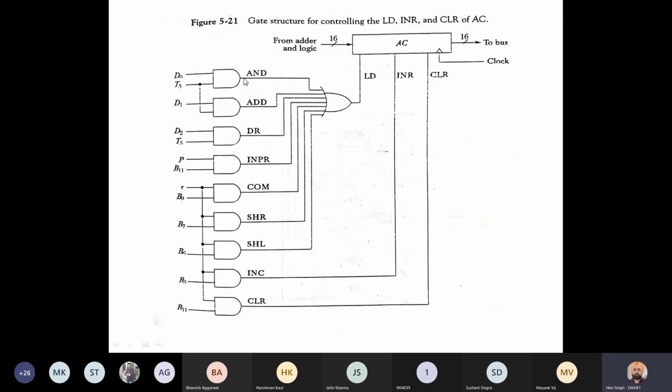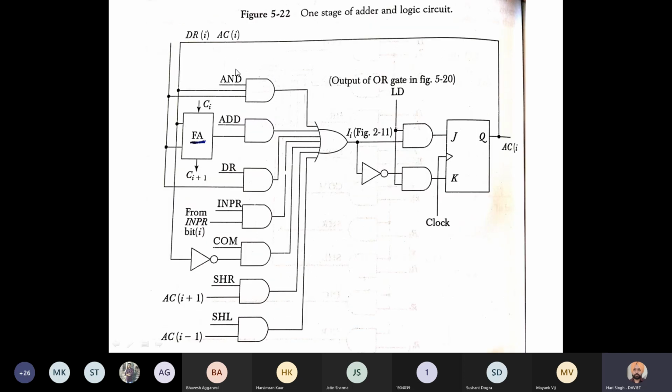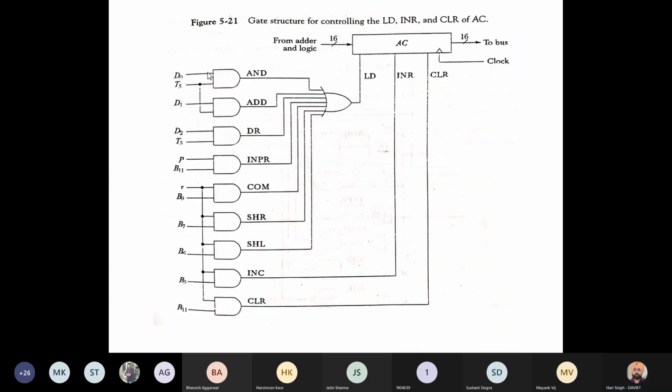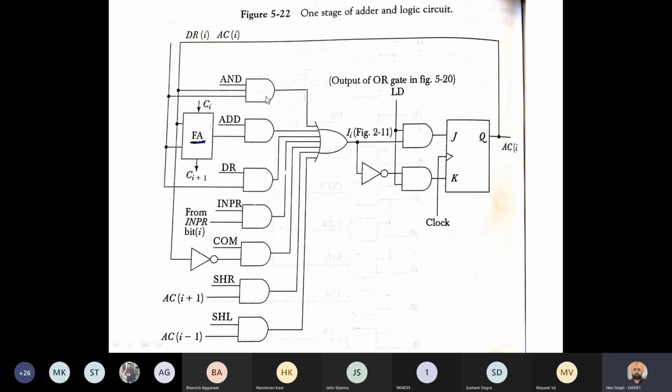The output of this AND gate goes to the OR gate and then to the load pin, and it also goes as input to this AND gate next. Before this AND gate, there is another AND gate in the first stage, and the OR gate is not shown here.